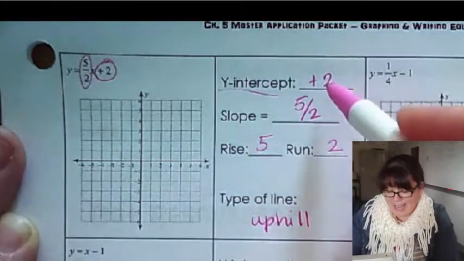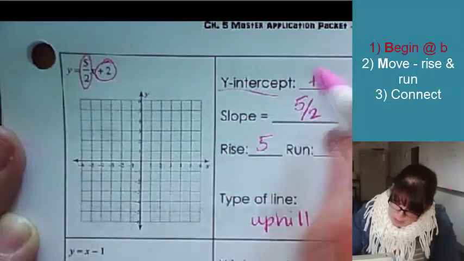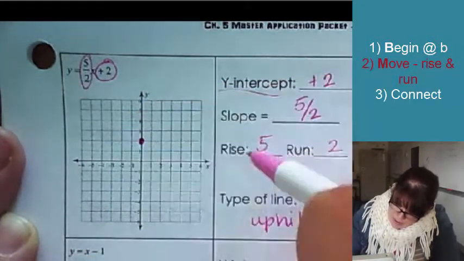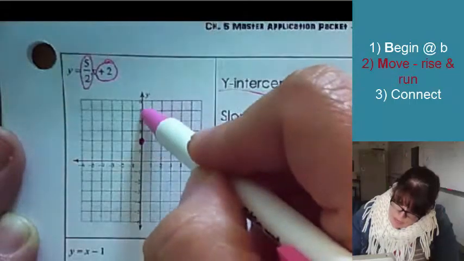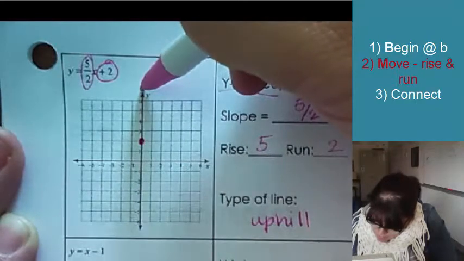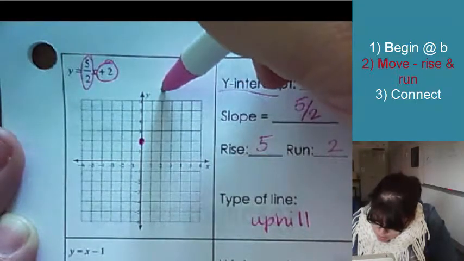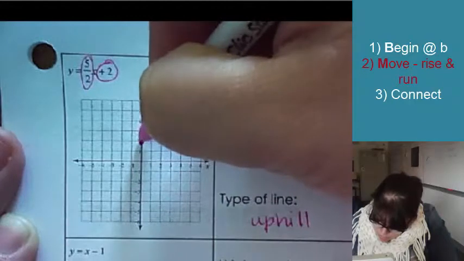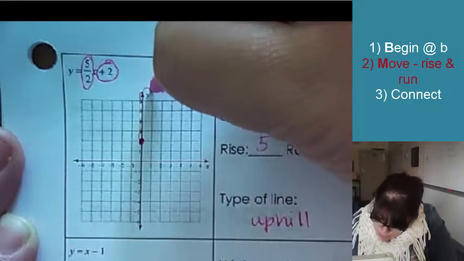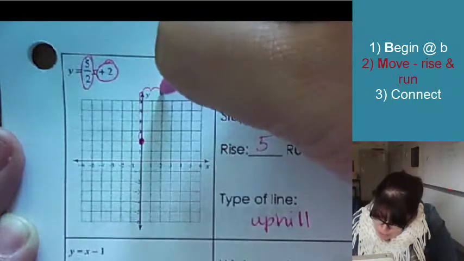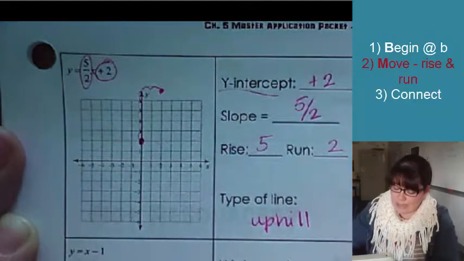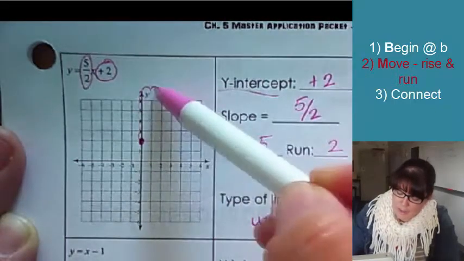So let's begin at our b value, y-intercept. Begin at 2. Now, if I rise 5, 1, 2, 3, 4, 5, I can estimate, because it's pretty close. So it's going to be up here somewhere, and then over 2, right about here, and that's just estimating. 1, 2, 3, 4, 5, and then over 1, 2. But it's off the graph, so if I want to be extra sure that this line is straight and correct,